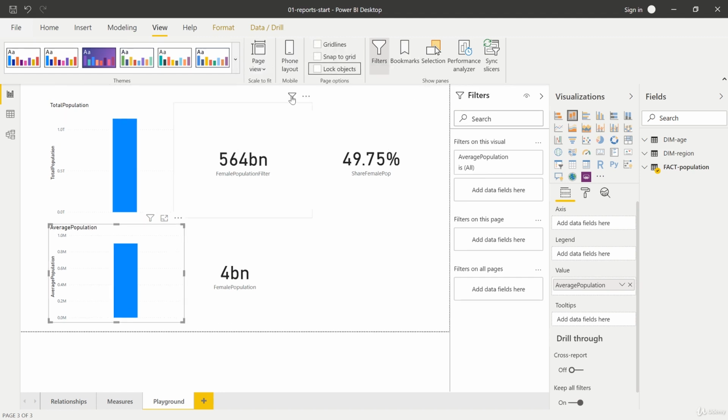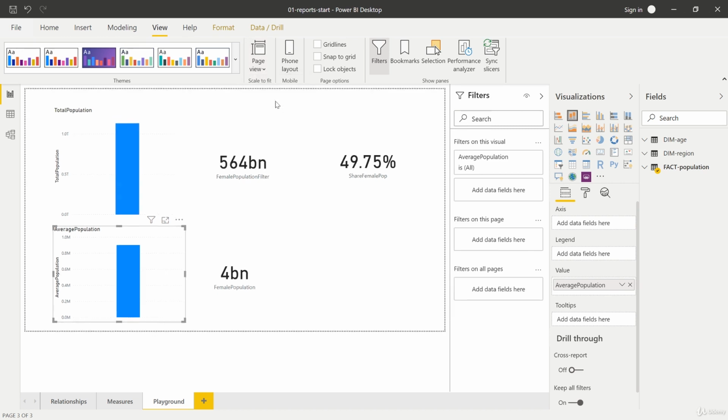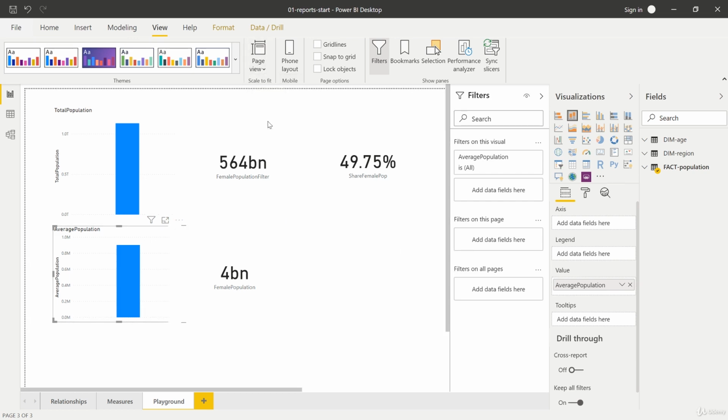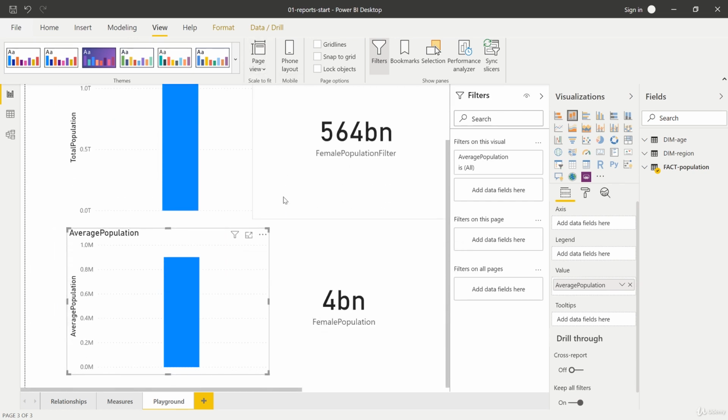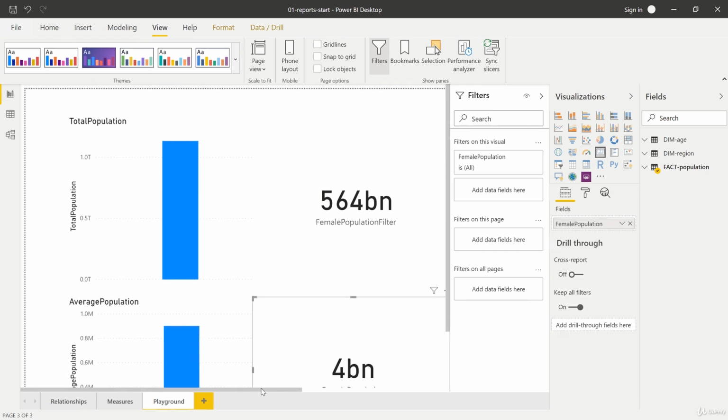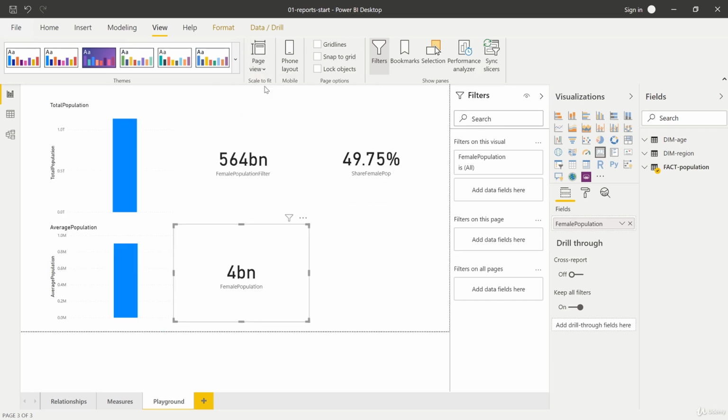You then have more options to work on the general format of the data. For example, here you can define the page view. The default one is fit to page, like we have it right here. Fit to width would be this one, not a big change right here. And actual size would then show you the visuals in their actual size. As you can see, this is a good view if you want to work on the details, but generally for the purpose of this course, I'll stick to fit to page here.